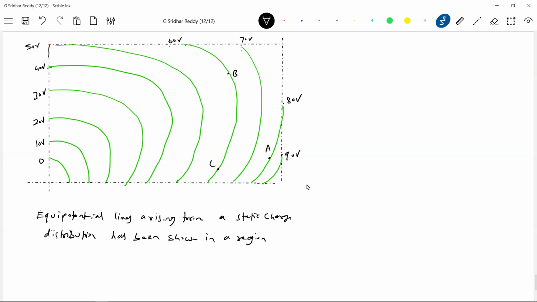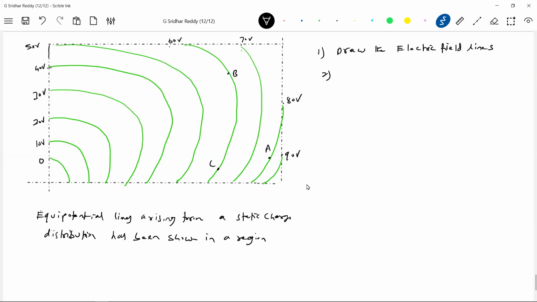And if I release a charge at A, will it move along the field line passing through A? So I'll dictate the question. First one, draw the electric field lines roughly. It's asking to predict the lines of force.